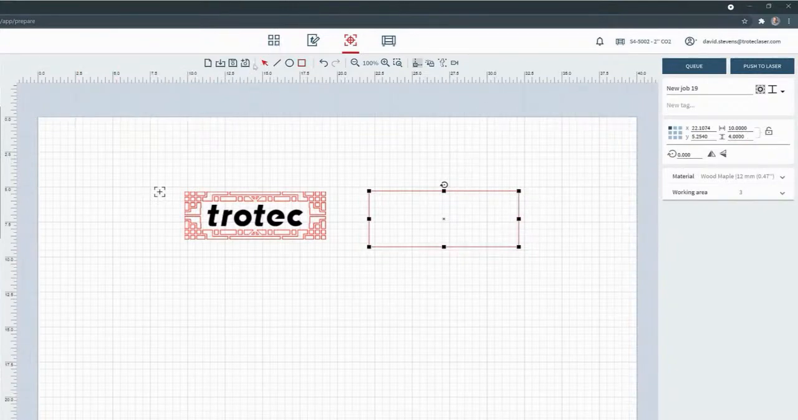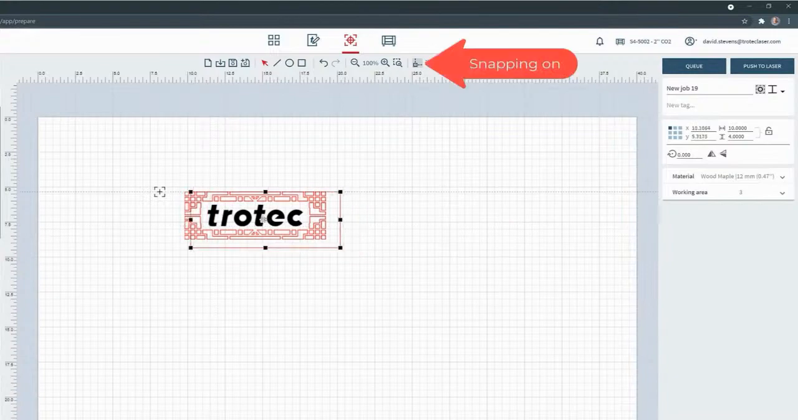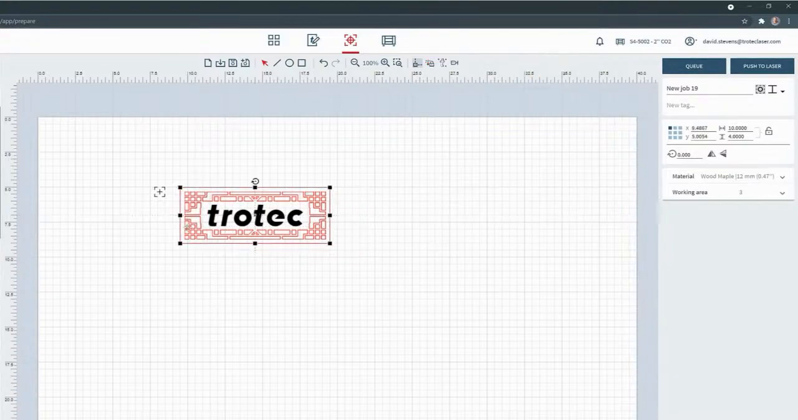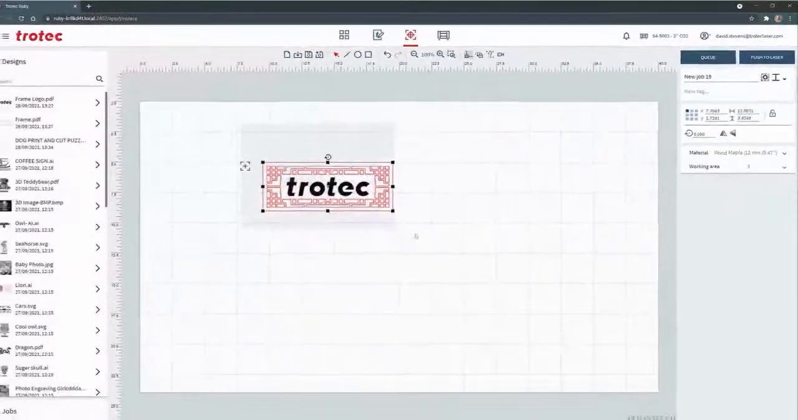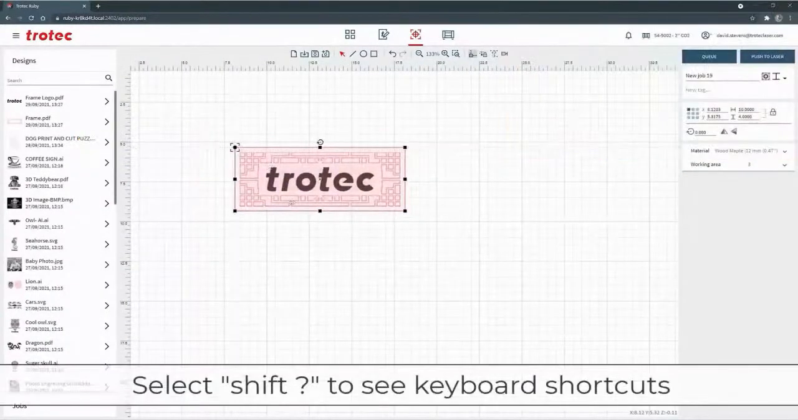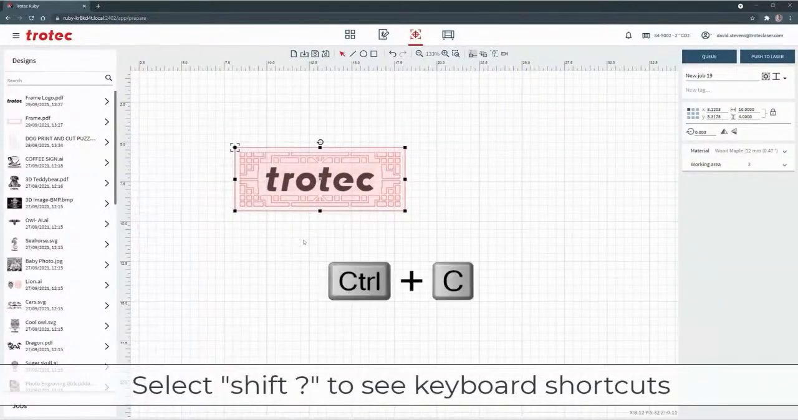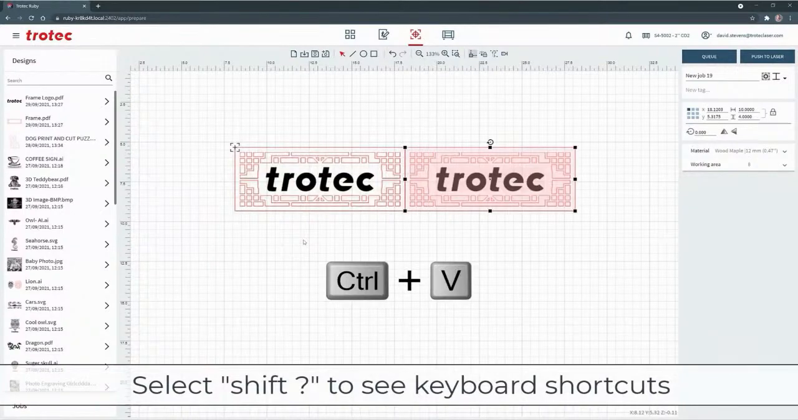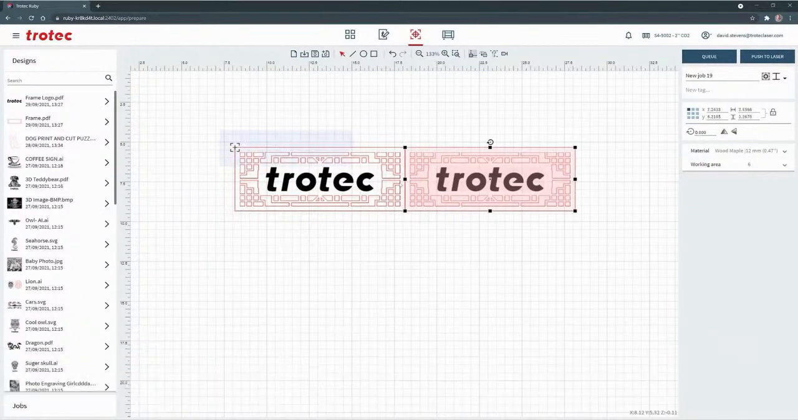I will then go back, select the selection tool, and then snapping again turned on. And I've now taken three different components, two different designs and a drawn component, and then we're going to go ahead and snap it to where the red dot pointer is. If you ever hit Control C and Control V for copy and paste,